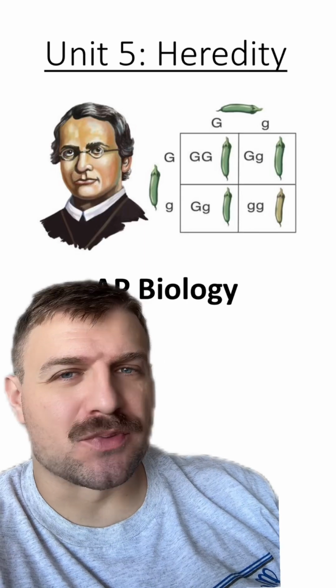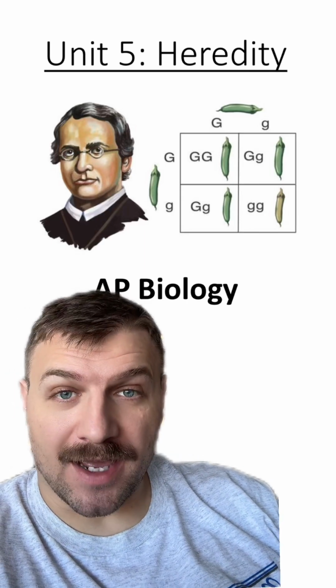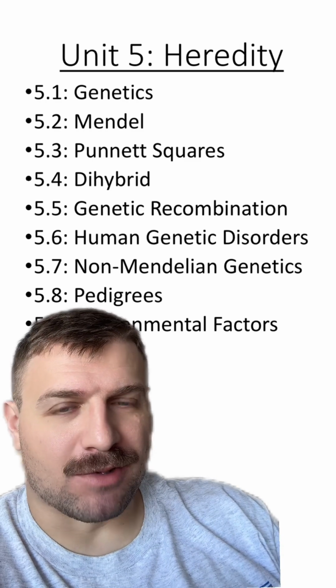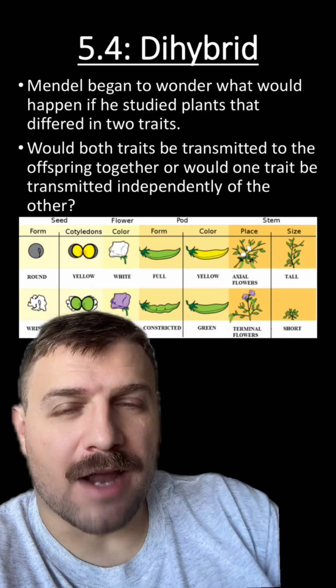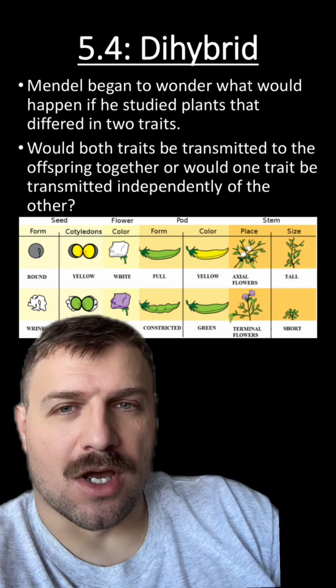Hello, AP Biology students. We're going to go over the fourth section in Unit 5, and in this section, we're going to cover dihybrid Punnett squares. Remember, up until this point, the content has been focused on monohybrid Punnett squares and what Mendel saw with his